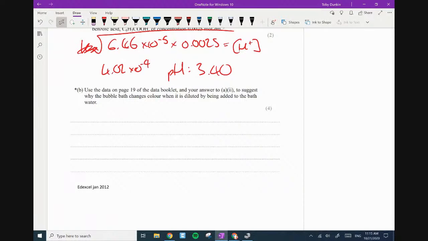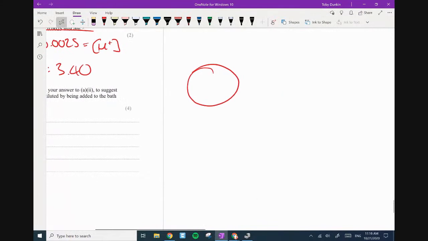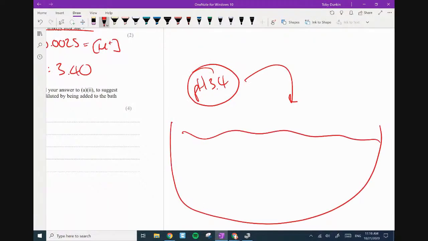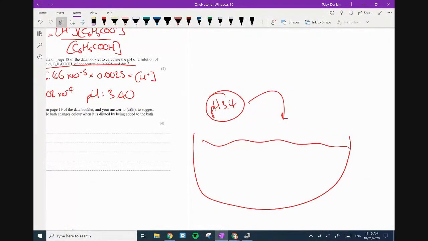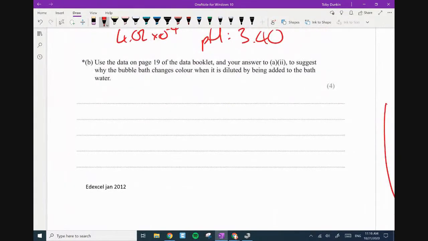Right. So, guys, that question that we had previously would be really interesting. So what we know is, if you have a bath bomb, and that bath bomb has a pH of 3.4, you're going to add this to a bathtub of water. You're going to dilute this exponentially, by just such a mammoth amount. The concentration's going to plummet, which means the pH is going to increase. So, first mark,